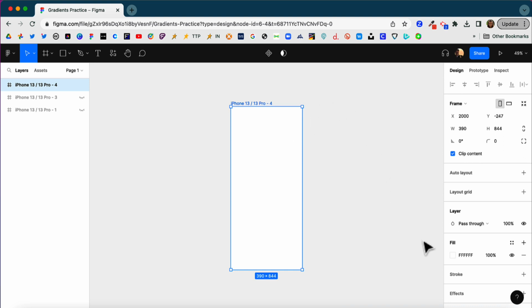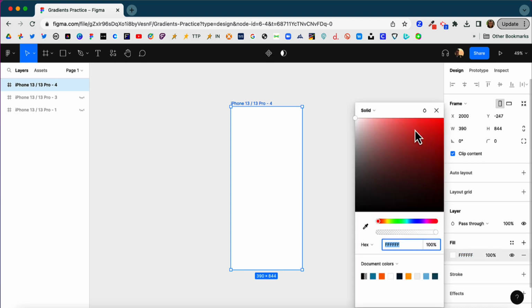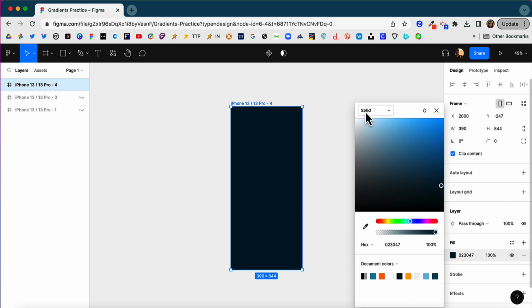Then I'm going to come down here to my fill tool, and I'm going to click the color box. I already have a lot of my colors preloaded in, but if you don't, you can always copy and paste your hex code right in here. So I know I'm going to start with my dark blue and then fade down, so I eventually end in this bright orange. So I'm going to start with that dark blue,